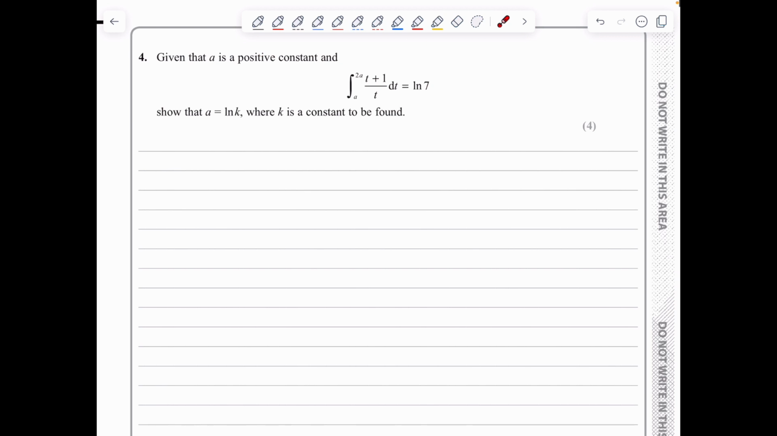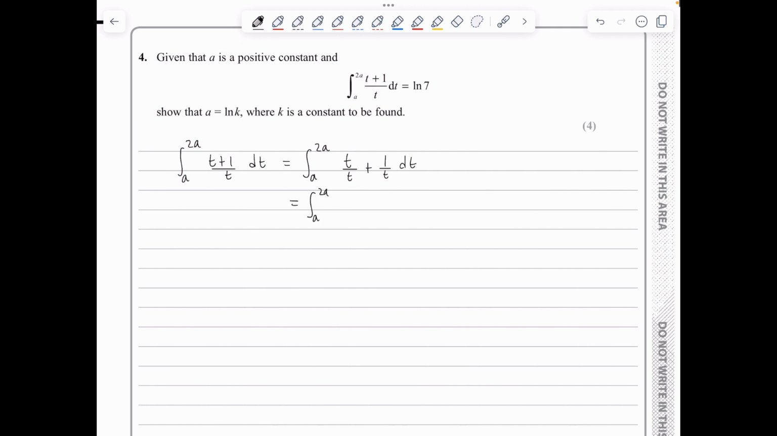In question 4, we are told that a is a positive constant such that the integral of (t + 1)/t dt from a up to 2a is ln 7, and we need to show that a is ln k, where k is a constant to be found. Well, starting from the given integral, the first thing to do is express this on a term by term basis. So it's t over t plus 1 over t dt,